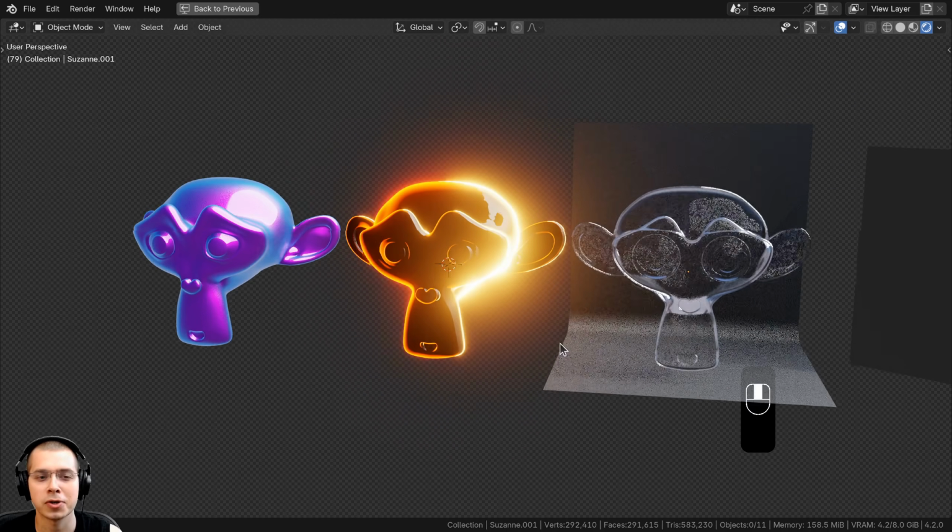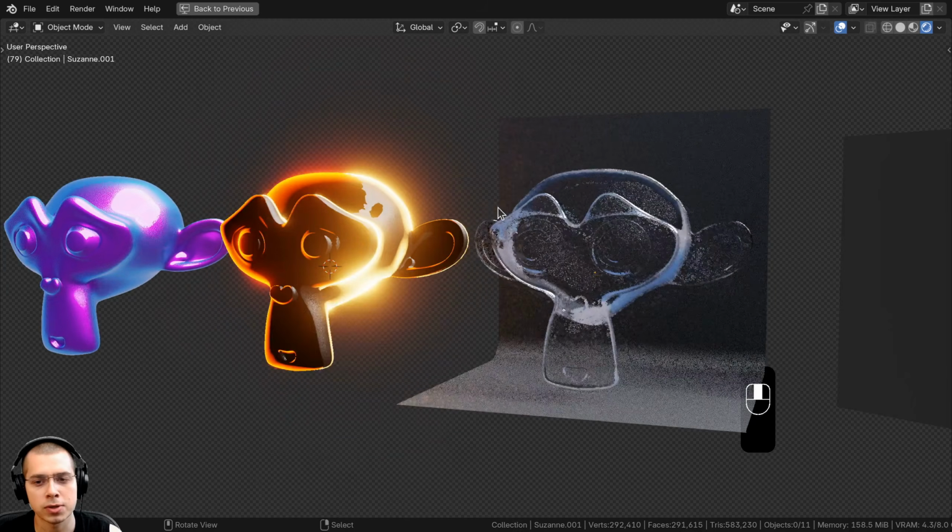It's a very cool node for creating cool stylized shading, but you can even use it to create some more